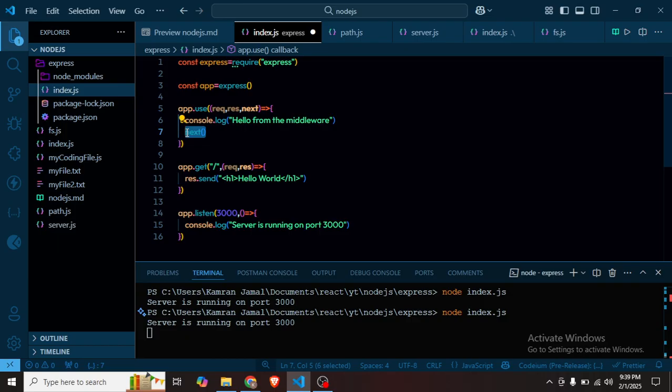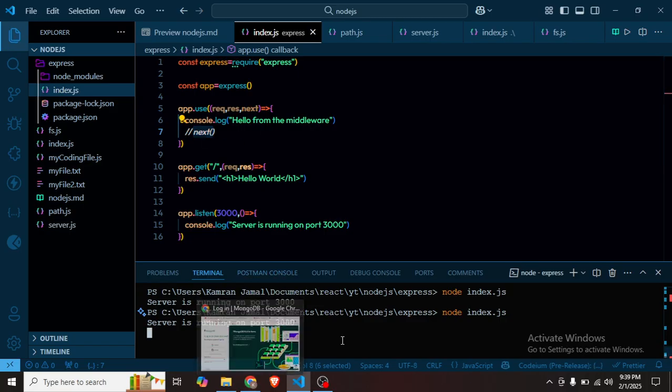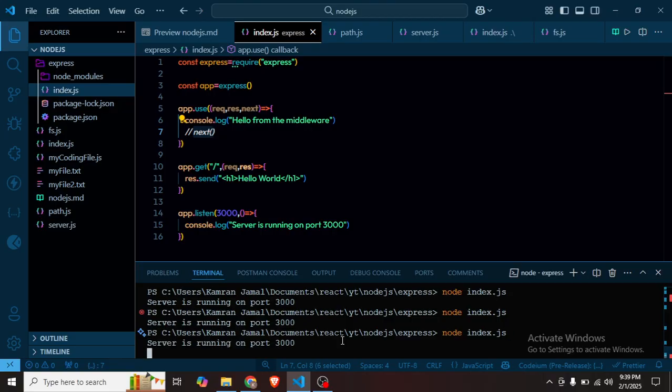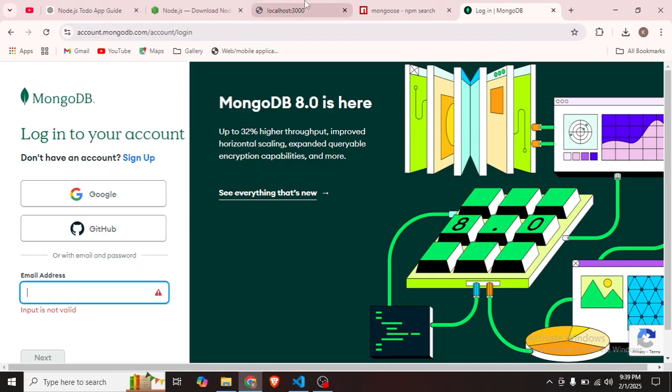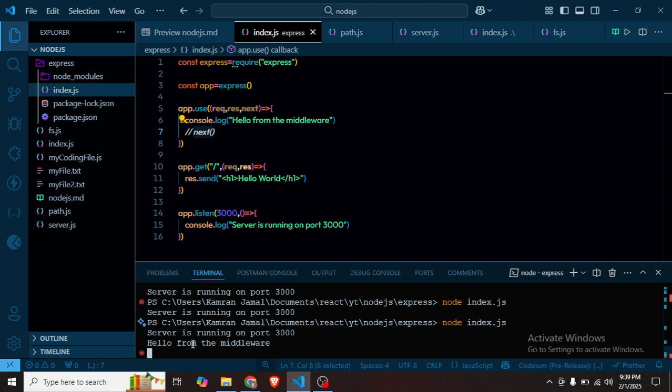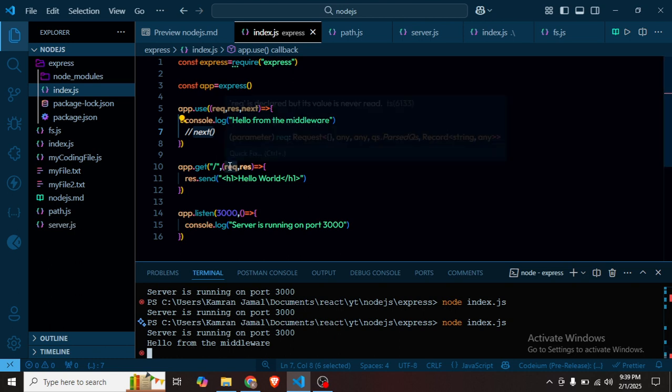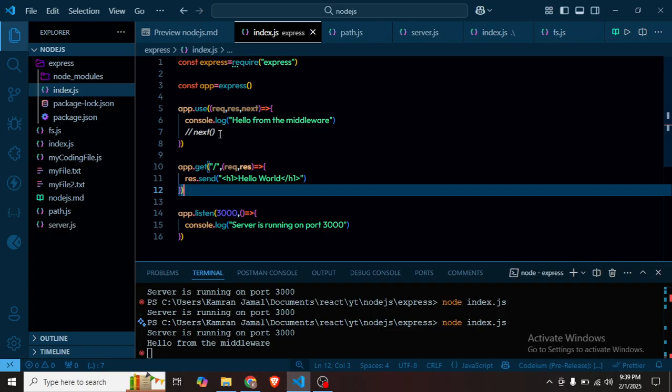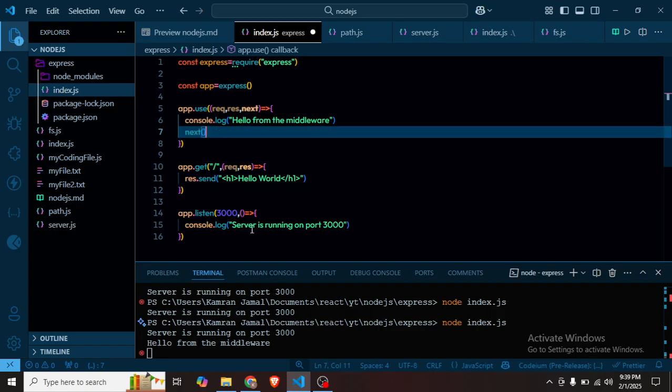If I don't call this next function, then it will get stuck here and will not execute further. For example, let me show you. Let me stop the server and run it again. Here you can see it is loading, and if I show you the console, it is written hello from the middleware, but the function is not executed because we have not called the next function. If I call next and run the server again,